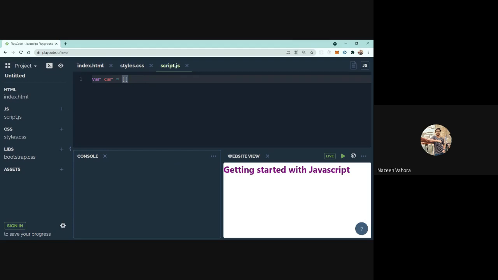It just accepts all the data types. We just need to declare it using this keyword. So let's say I have given this value Tata, and yes, we are good to go. We can access it anywhere we want.